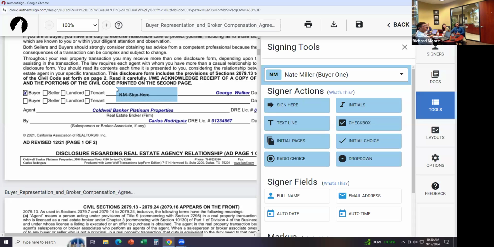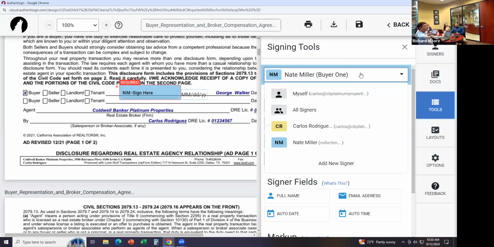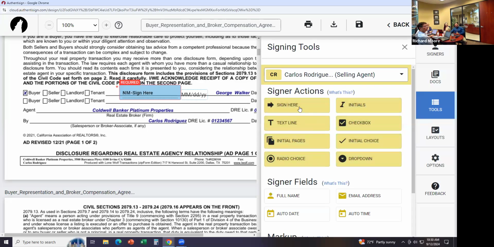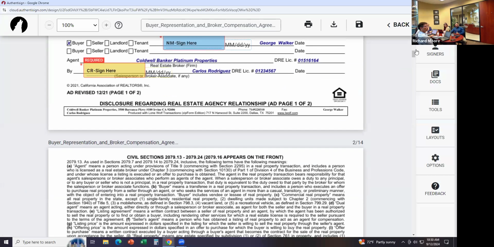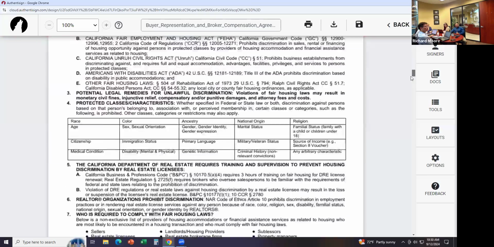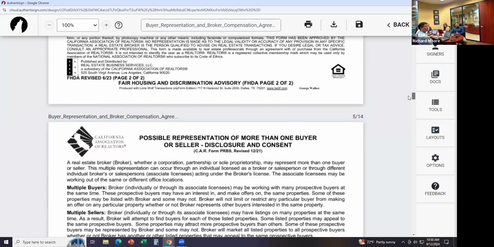Oh, wait a minute. Sorry. This form is already filled out. It has somebody else's name on it, but pretend that it says Nate Miller there. Okay, and then I'm gonna click on my name, then drag my signature box over to sign. And scroll down. Go through every page to make sure that you add a signature box where it's required. So down here,